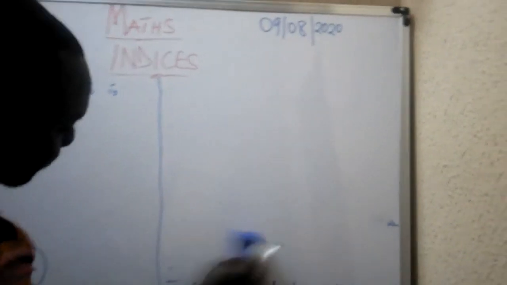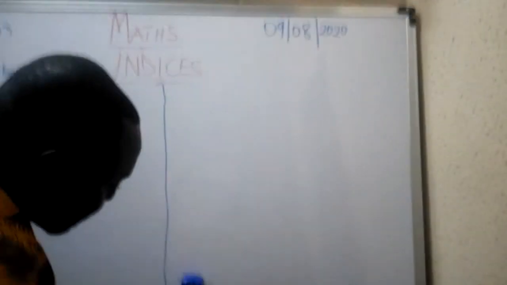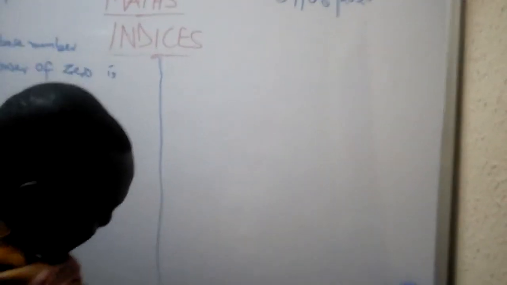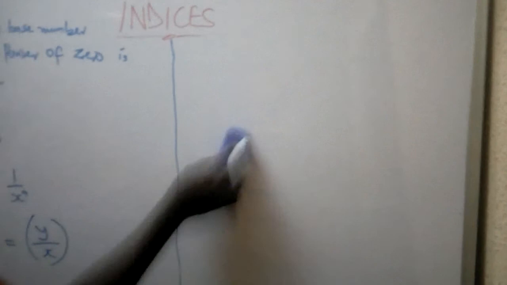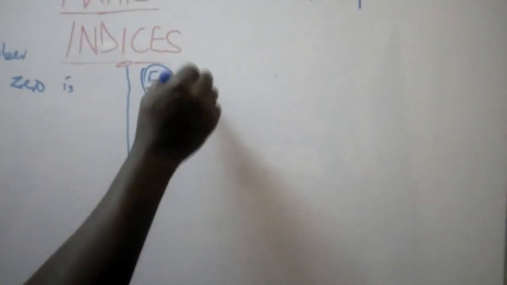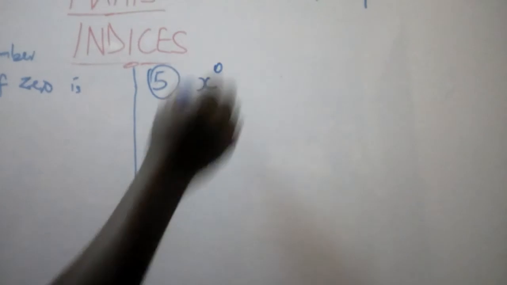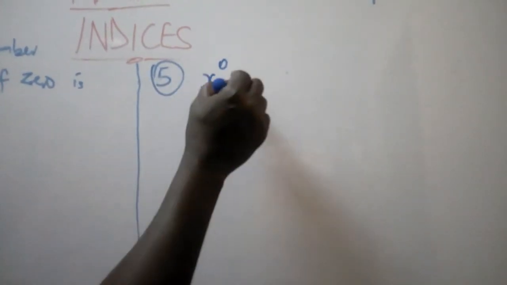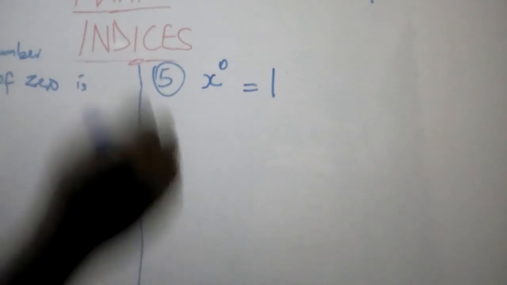Then law number 5, the fifth law. The fifth law states that x to the power of 0 is equal to what? It is equal to 1, provided